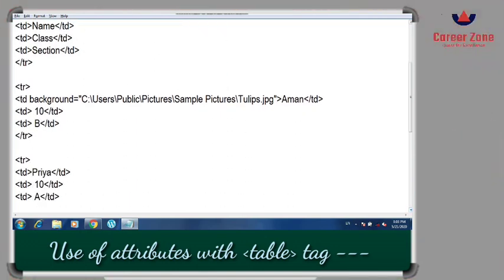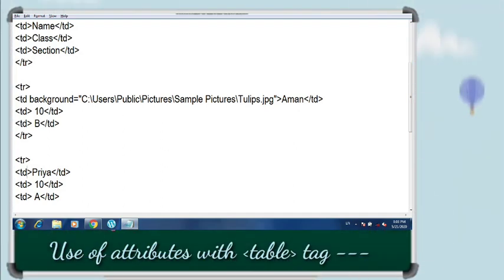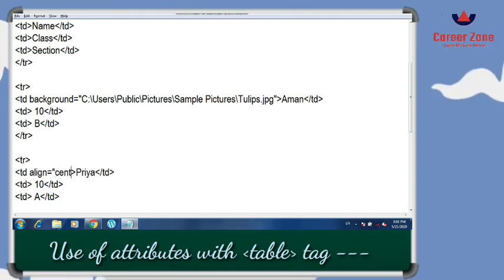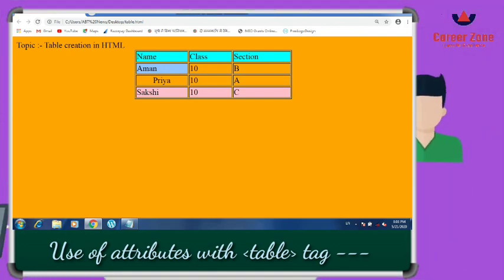And if you want to do it for the whole row, you can use it with the TR tag, and if you want to send the content of a particular cell only, you have to use it with the TD tag. Now align is equal to center, so it will send the Priya value to center. See, so this is how it works.